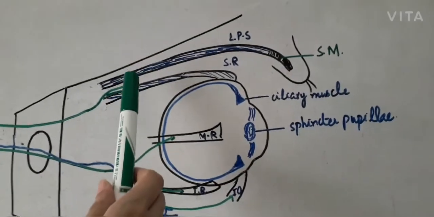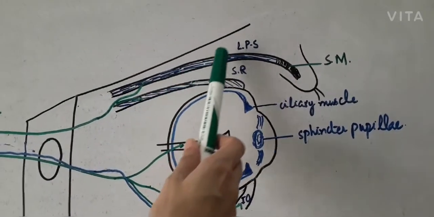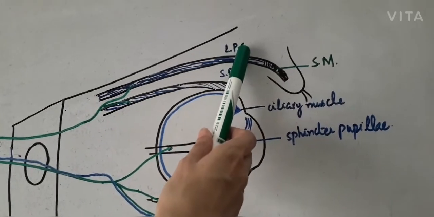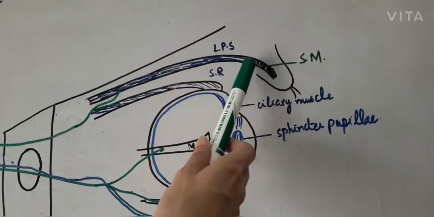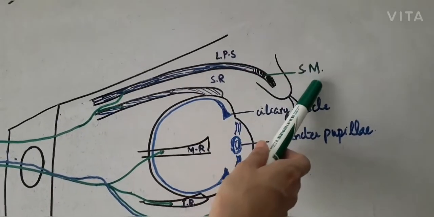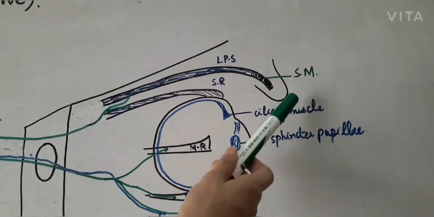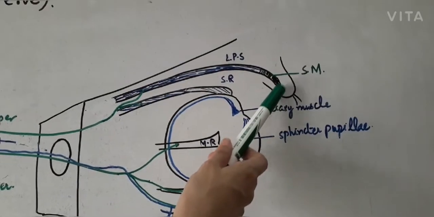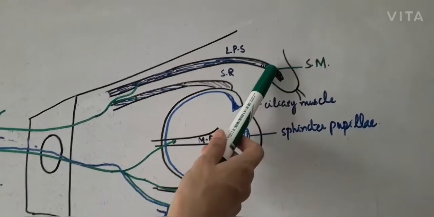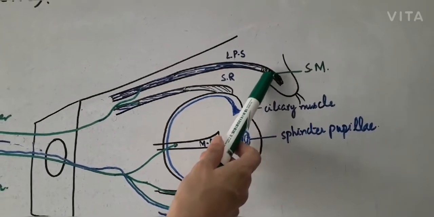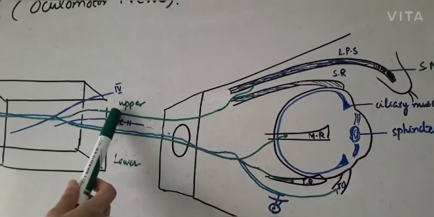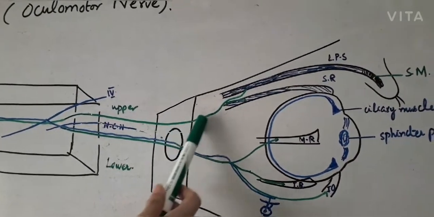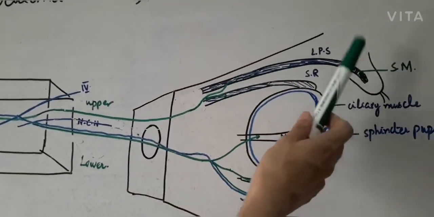And one more thing you have to remember is that the levator palpebrae superioris muscle had two parts or two lamellae. The inferior lamella consists of smooth muscle, which is called the smooth muscle of Muller or superior tarsal muscle. It has sympathetic supply. This sympathetic supply also travels with the upper division of the oculomotor nerve, and this supplies this smooth muscle part of